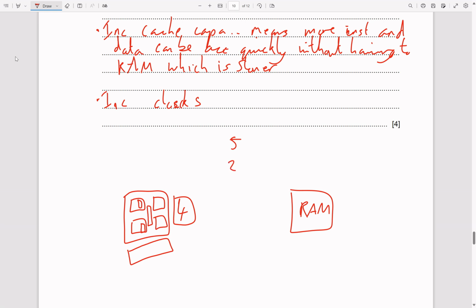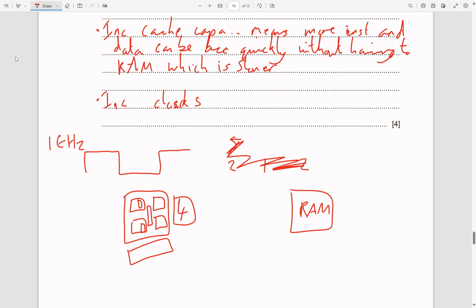The decode stage will take 1, and then the execute will also take 2. This is at least according to the A-level book, but you don't really have to worry about that. What you can say is that one stage of the fetch-decode-execute cycle can occur on each tick. Therefore, if this is a slow clock speed of, let's say, 1 gigahertz, or maybe even megahertz,